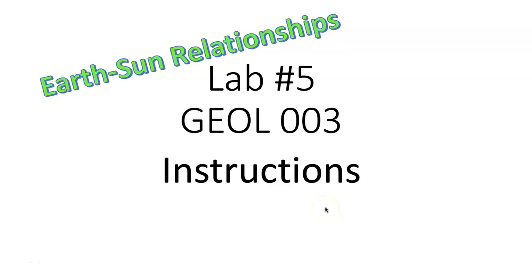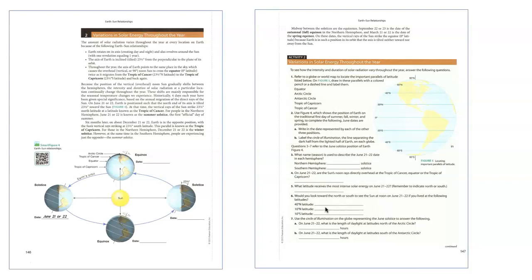Here are some instructions to help you out with Lab 5, Earth-Sun relationships. These are the first 2 pages of what I've assigned. I've had you skip activity 1. It's a little bit of an annoying problem. I usually help students quite a bit one-on-one in class, and so we're going to just move on to activity